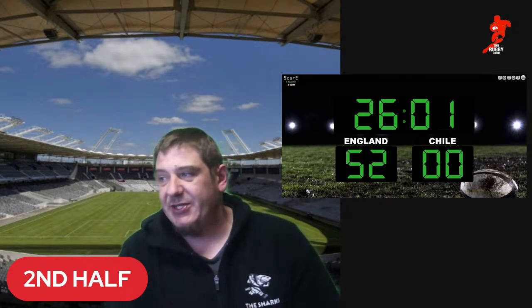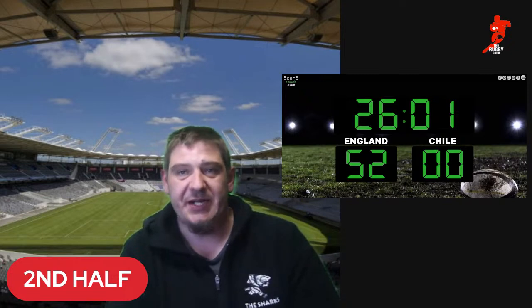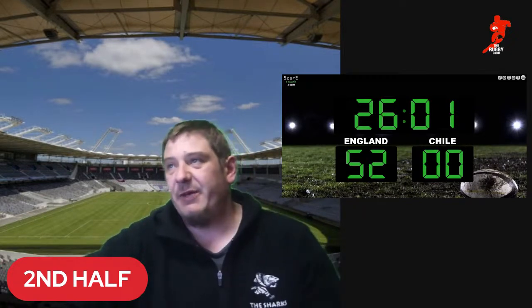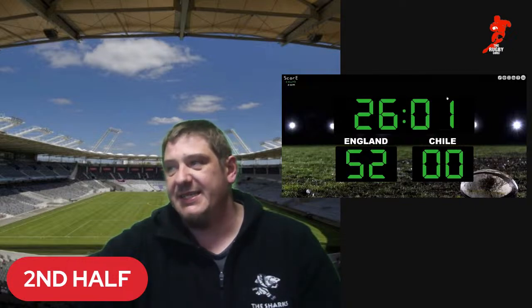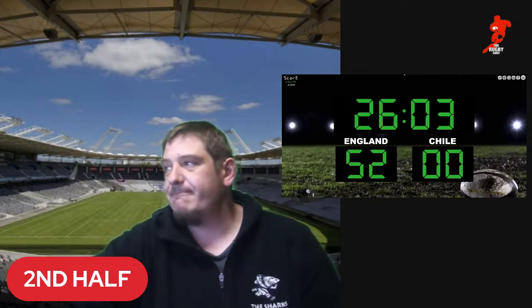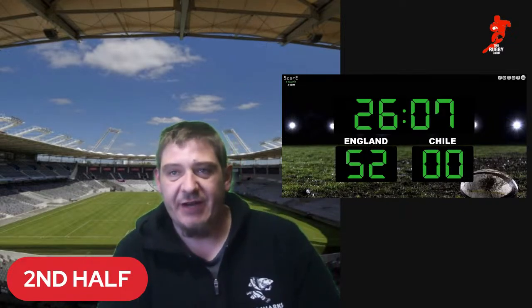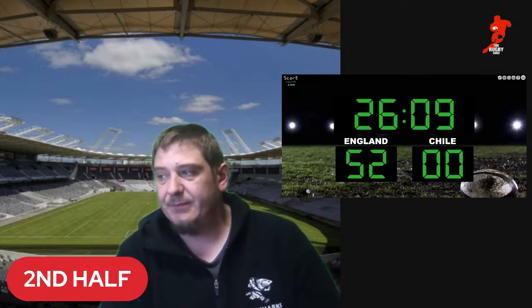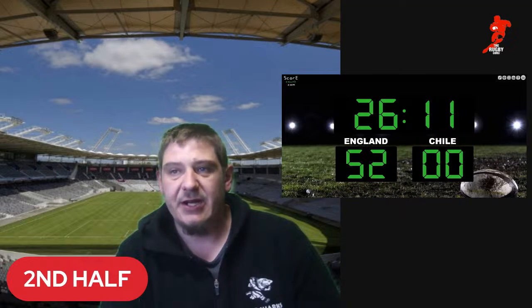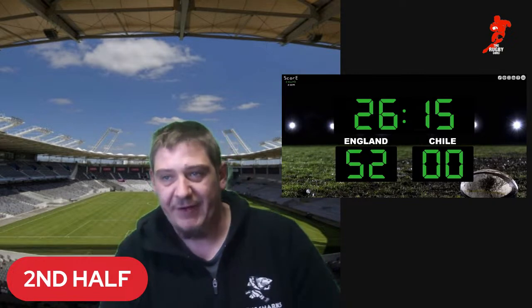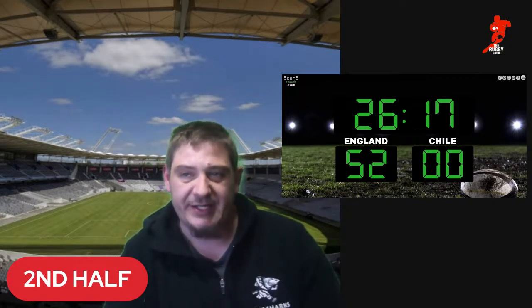Right, so Duseland then to throw this one in for Chile on the 5 meters out from the try line of England. Let's see what they can do. Right, they set up the driving maul. Slowly but surely trying to work their way up here on the near side of the field. 10 meters out from the touchline.